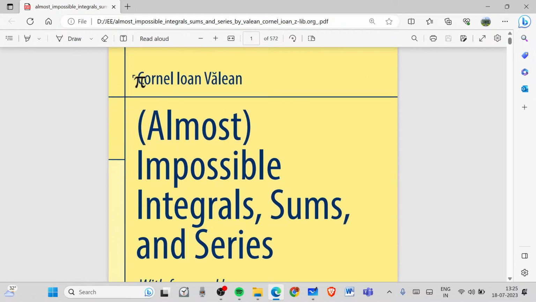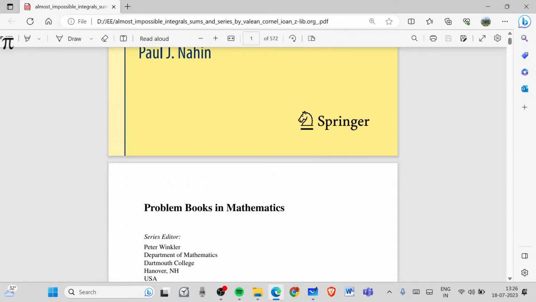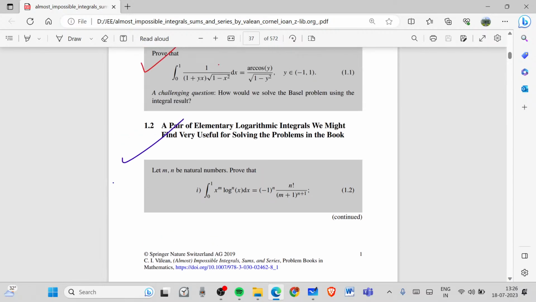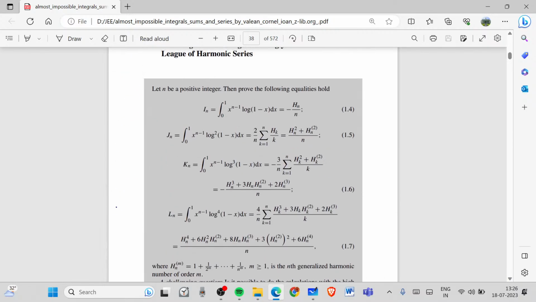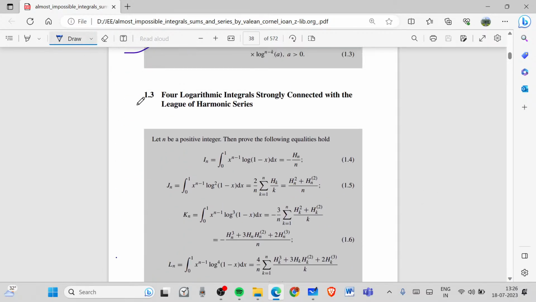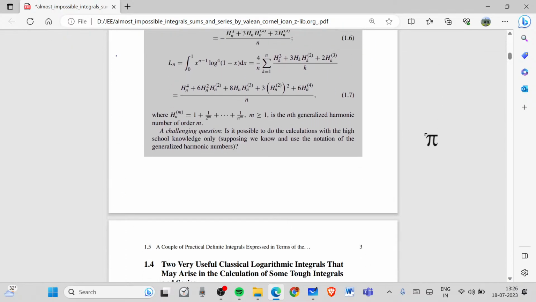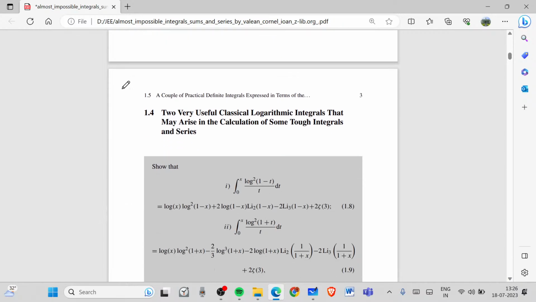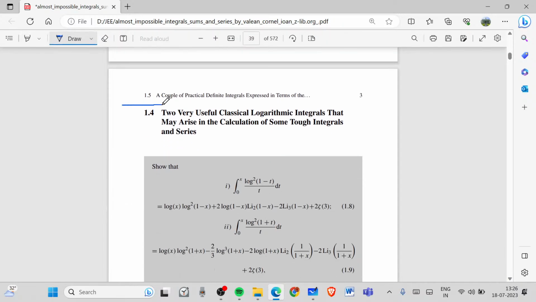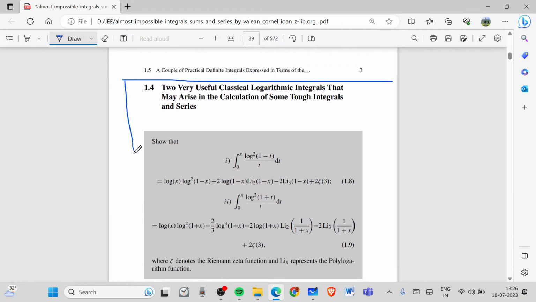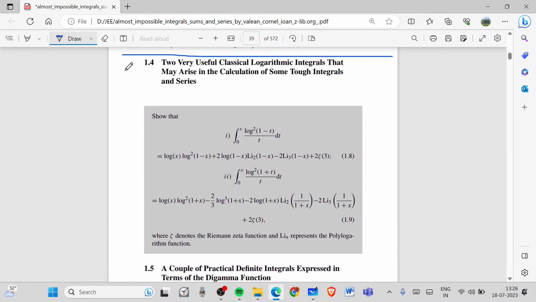Yup. Cornell and Valiant's Impossible Integral Sums and Series. In the previous video, we solved these integrals live, all while sitting over there. So today we are again trying to solve a new set of questions in this book, and this time we are with this question: